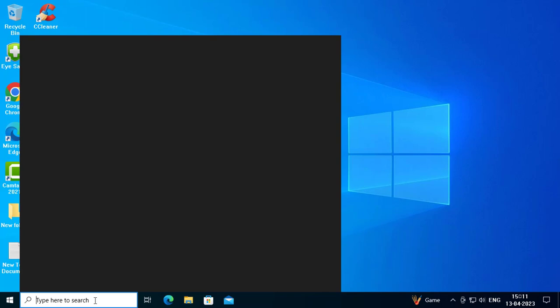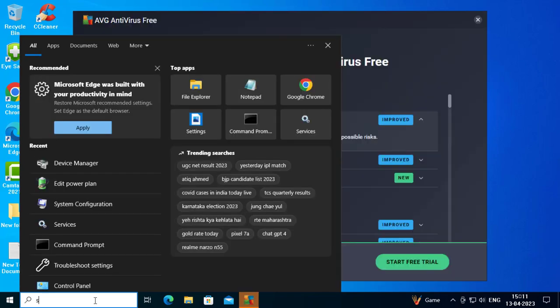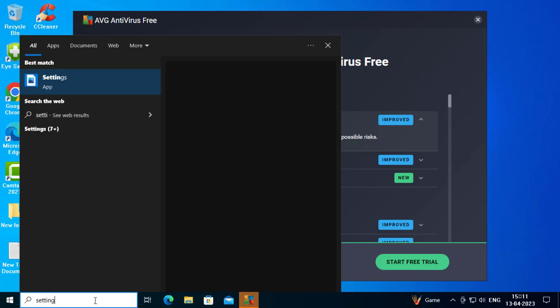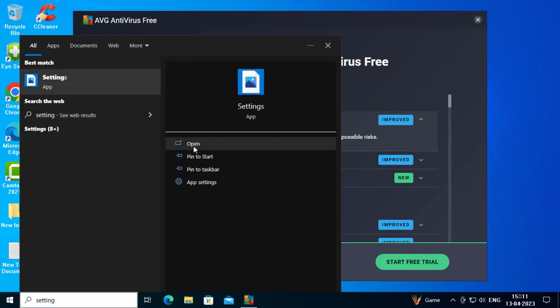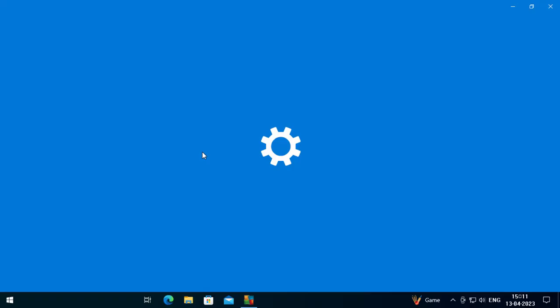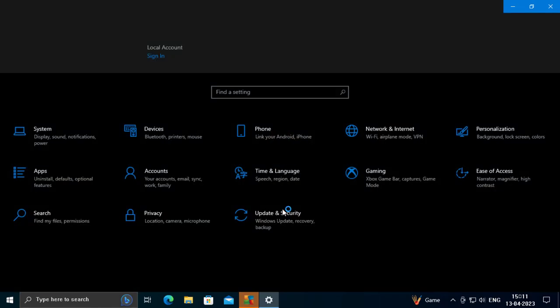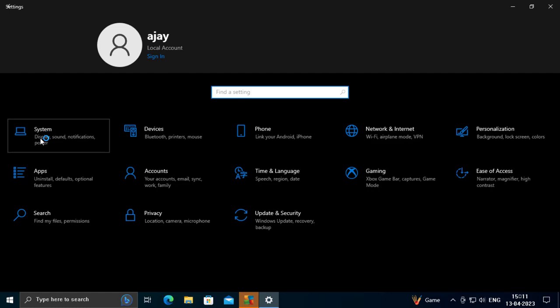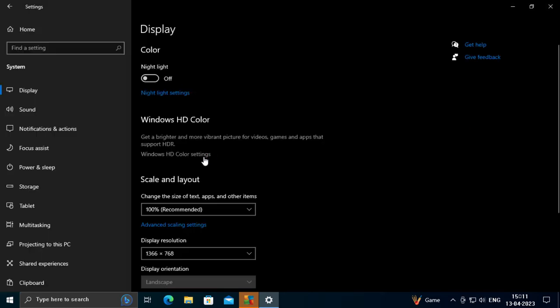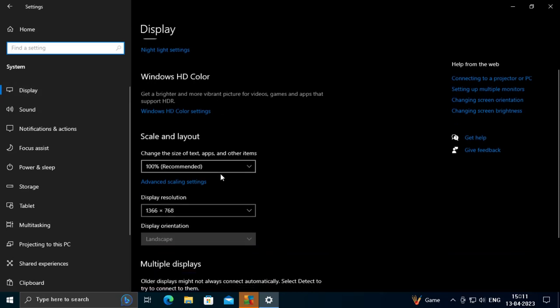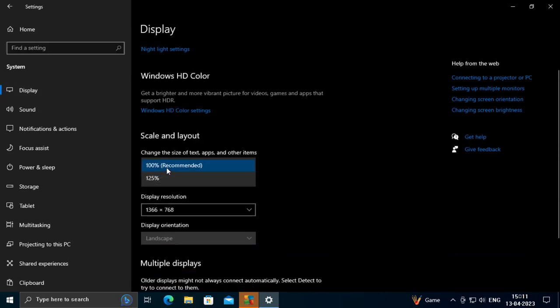If the problem didn't resolve, the next step is to go to settings, open it. Now we want to go to system. In the display option you want to go to scale and layout, and click on the recommended 100%, and here display resolution